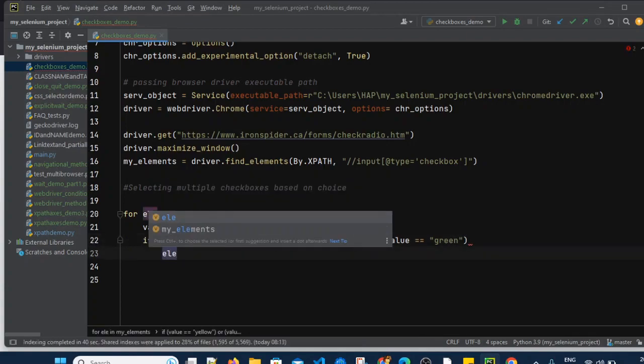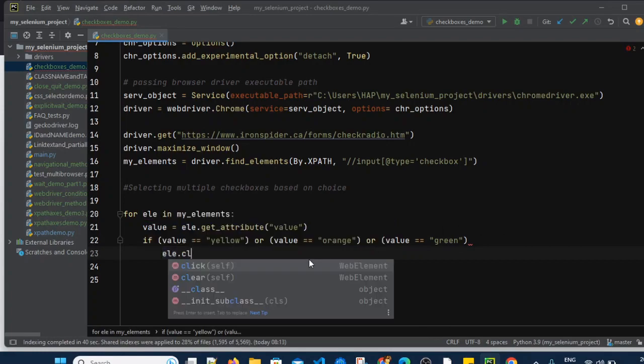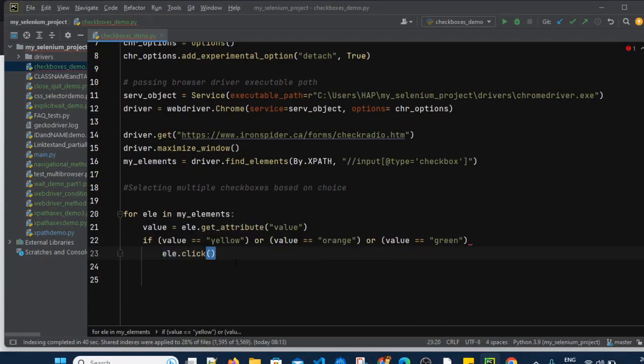Then we will click on that specific web element. So it will click only if the value is yellow, or value is orange, or the value is green. For these three condition only, it will click on that specific checkbox.